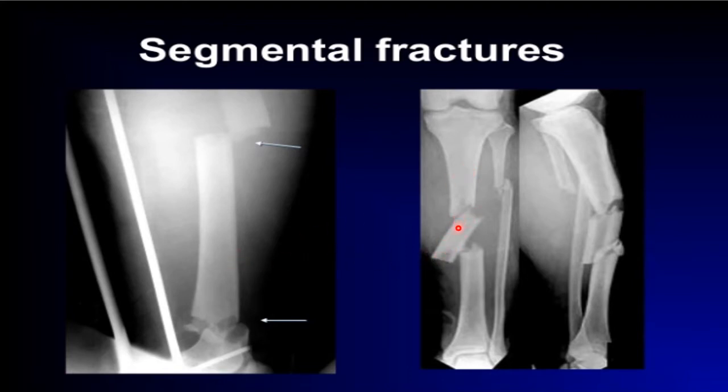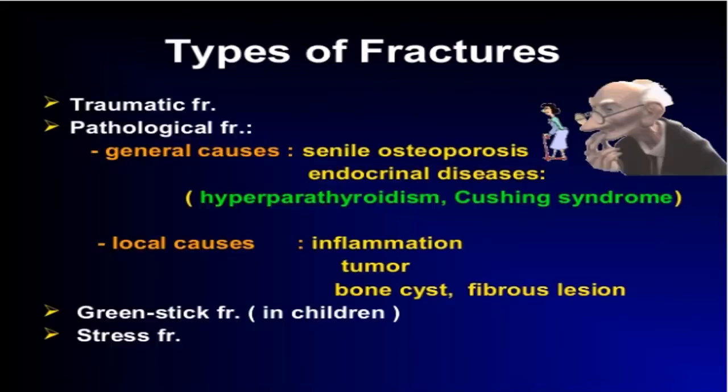You see this segmental fracture. Again, here a segmental fracture of the tibia. So this can be a simple segmental fracture or a compound segmental fracture of the middle third of the tibia. Then there are types of fractures